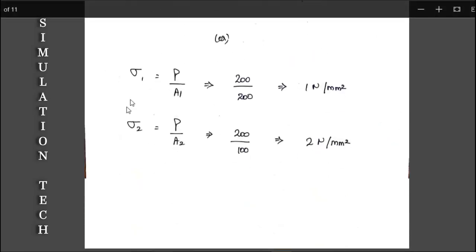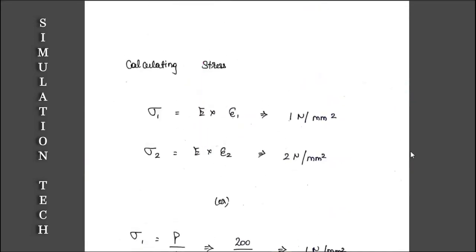Or else you can easily find it by using these formulas. So the stress 1 is equal to P by A1. You guys are already aware of what P and A1 are, and what P2 and A2 are. So both methods are pretty simple. Either one you can use, whichever is easy for you. Right. So that is all about the analytical method and numerical method.